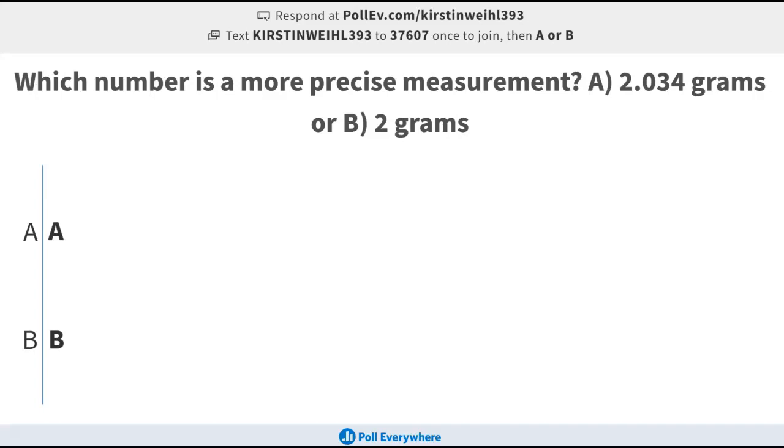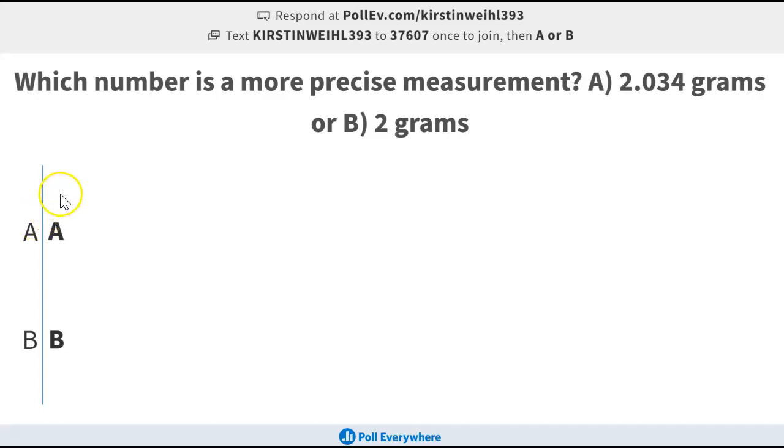Or you might have a scale that only rounds to the ones place. Which one of these scales do you think is more accurate? I think everyone is going to recognize that the scale that can measure to the thousandth place, 2.034, is more accurate. And so when we work with numbers, we want to show how accurate that number is. And so when I present the number 2.034, my fellow scientists or my audience is going to recognize that that was a much more precise measurement